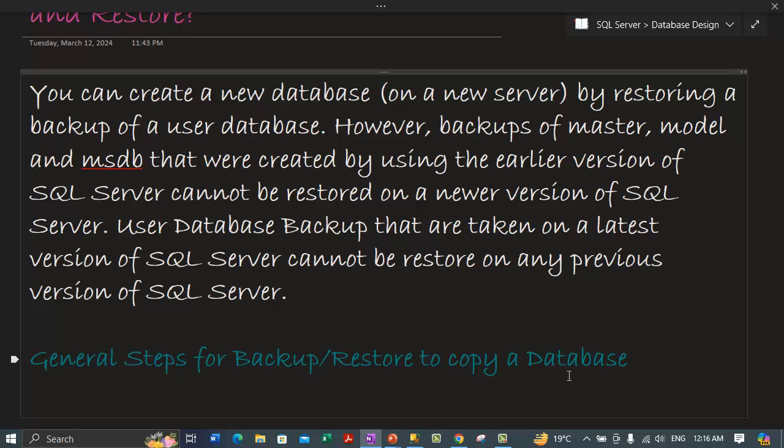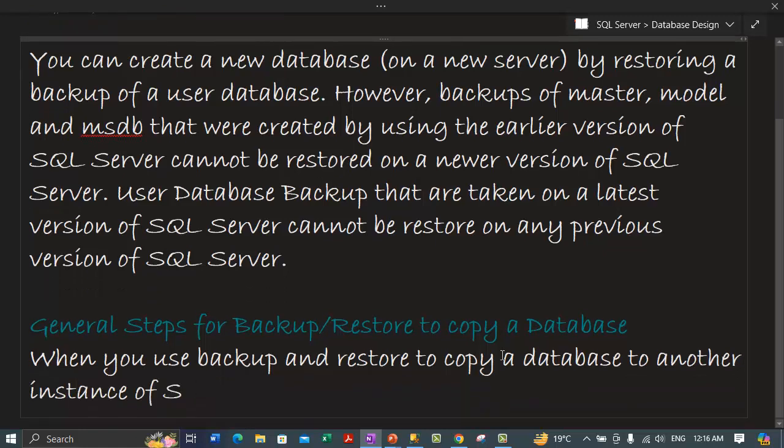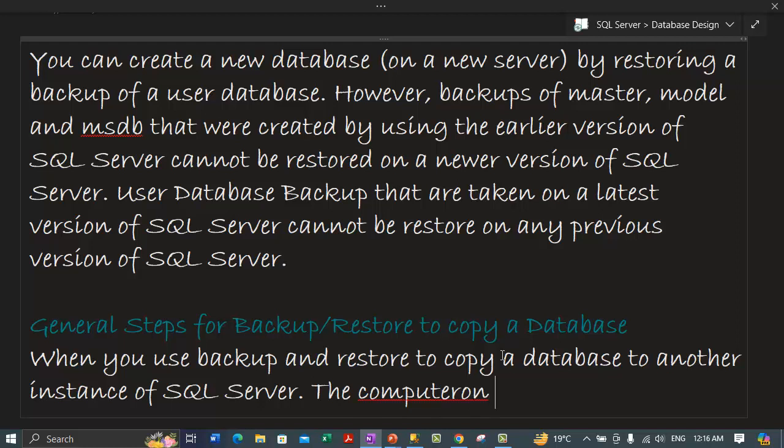Now when we use backup and restore to copy a database to another instance of SQL Server, the source and destination computers can be any platform on which SQL Server runs. So that is one concept, and this is one of the important points. Whenever we use this methodology, to copy a database to another instance of SQL Server, maybe 2005 or later,